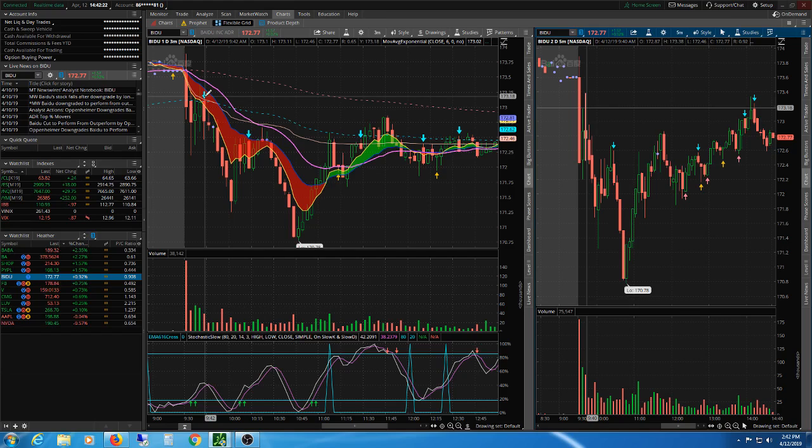The Ichimoku cloud just doesn't work, and we went through a spell where we didn't have a lot of runs where the price went one direction for most of the day, and it was really hard to trade using the Ichimoku cloud in those conditions. So I kind of got away from it. It still works great in certain conditions, but